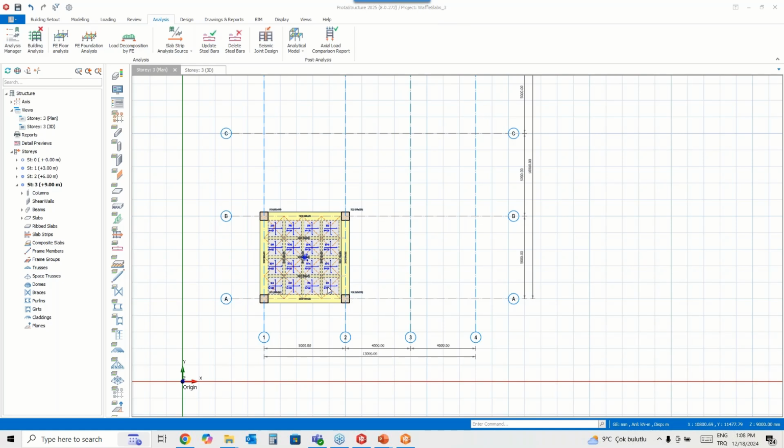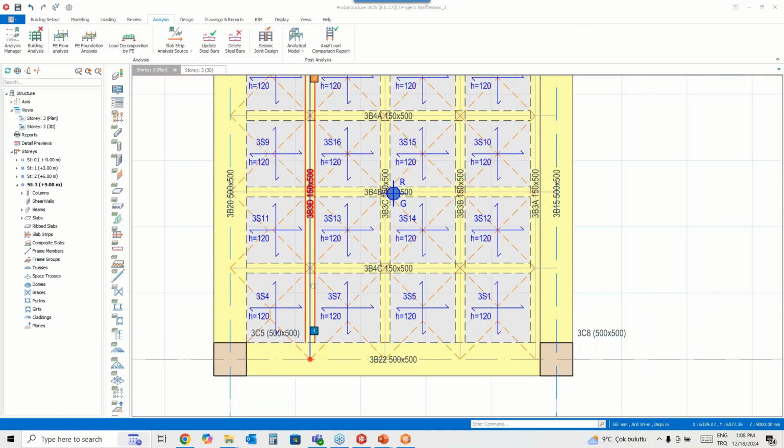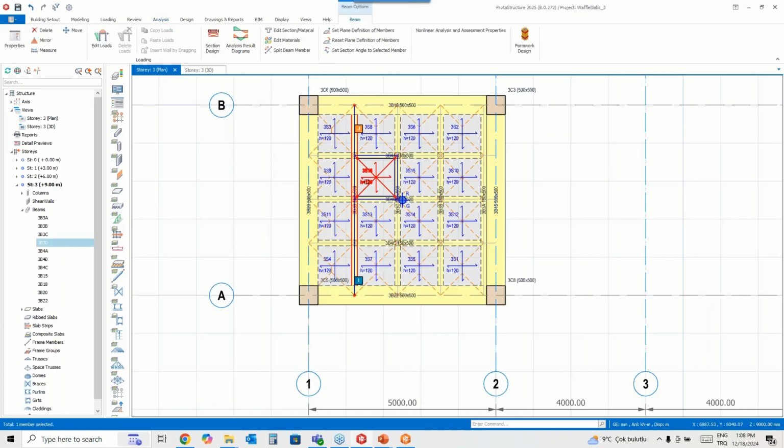Mr. Ogba, how can we place a wall line load on the waffle beam only? If you convert it to real beams, it's easy.